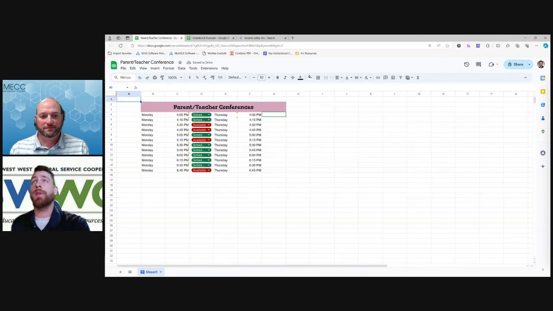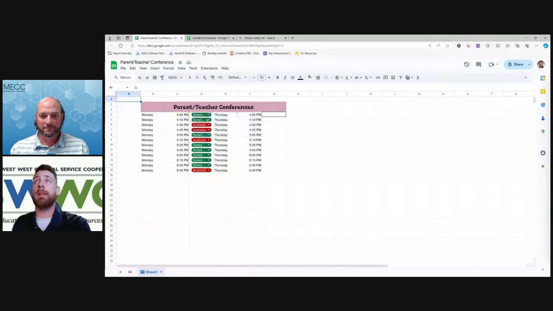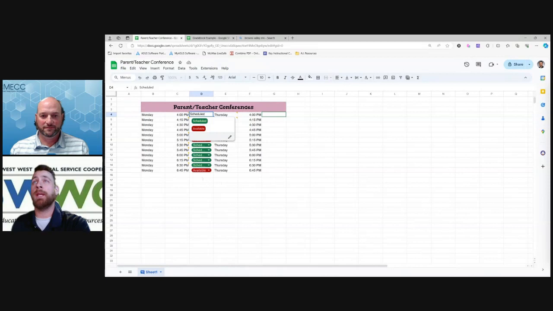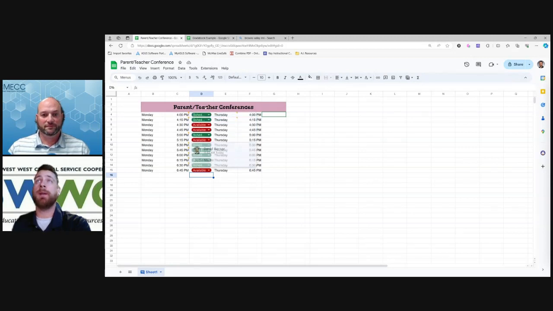Okay, so for the next part, you'll notice that in the Monday section, I've got these color-coded drop downs. The idea is that if a time slot is taken, like in this case for 4 p.m., there's a student that I can expect on Monday, then I just choose scheduled for that. On the 4:30 time slot, no one has signed up for that parent-teacher conference, and so it is red and